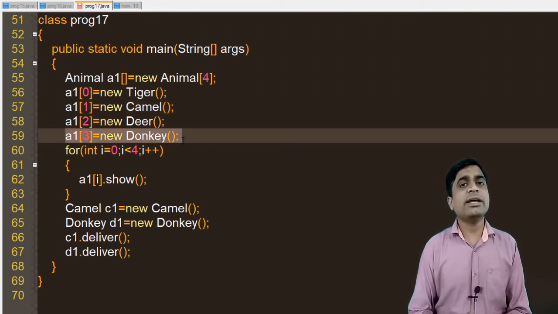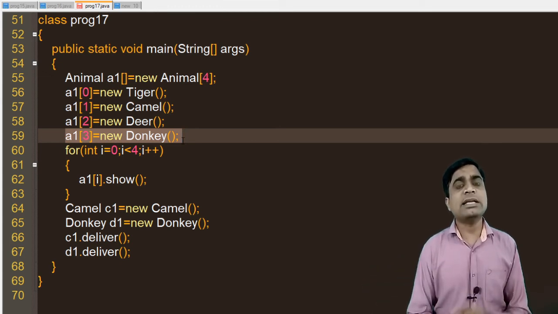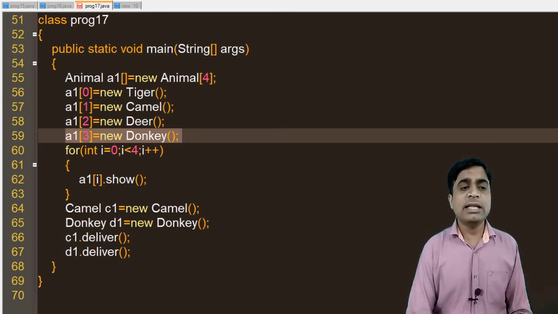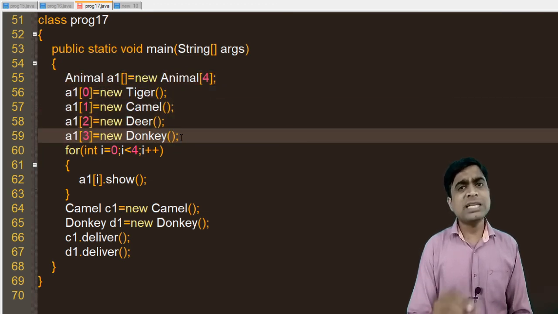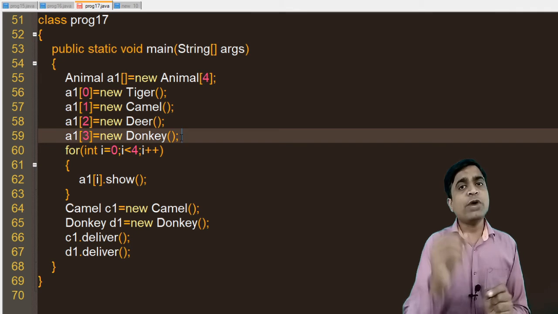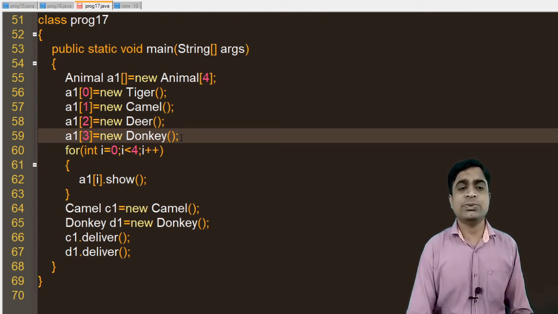The question tells us to create an array of objects of the animal class, and this is the way to create the objects. That's why I have put a void show method in animal, because the question has no statement saying to create an abstract void show method. I have just created a normal method, void show.